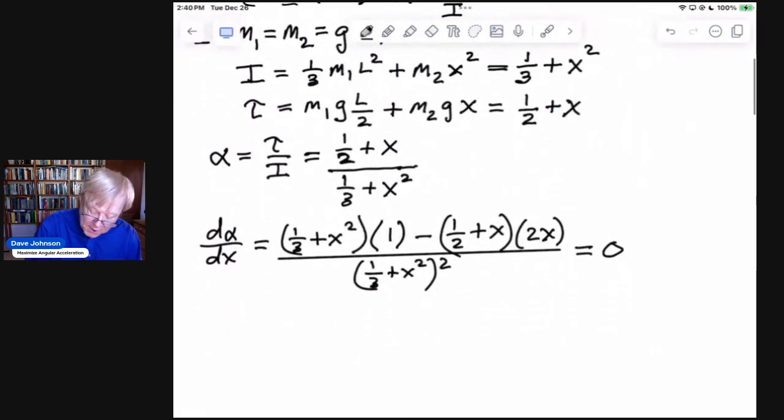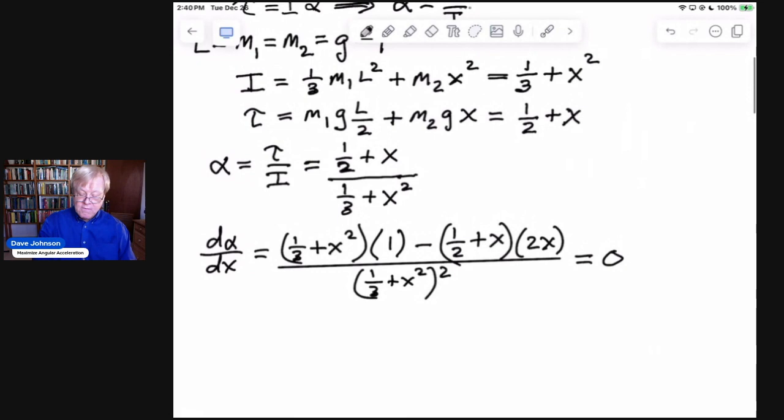Now we want to solve this equation for x. The denominator here cannot be 0. No matter what x is, 1/3 plus x squared is going to be something other than 0, and when you square it, you're going to get something other than 0. So I can multiply both sides by that denominator. So we get 1/3 plus x squared